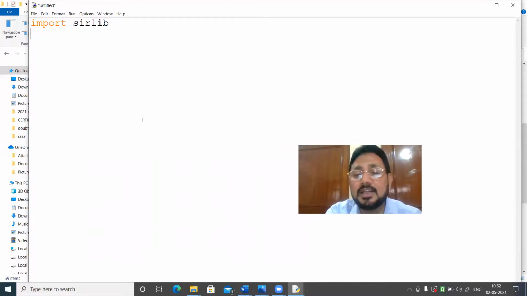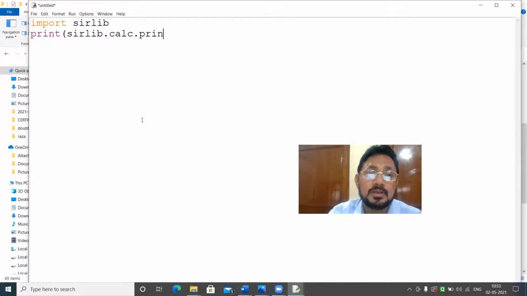Okay. And then I want to execute. Suppose I want to print. So I have to call first sirlib dot calc is already there. And then I have to write it here. After that calc, I have to write, suppose prime. I think prime program is there. So prime 123 and run it.